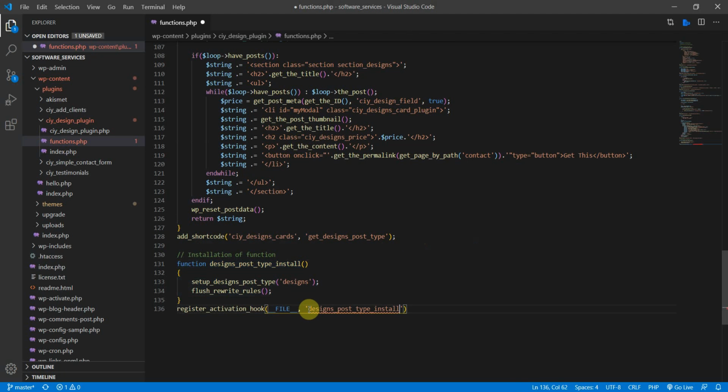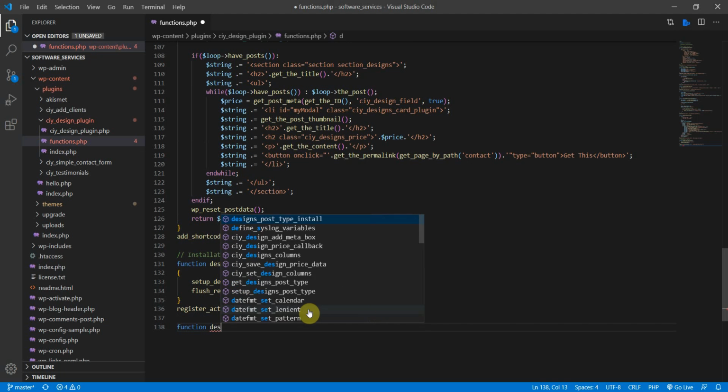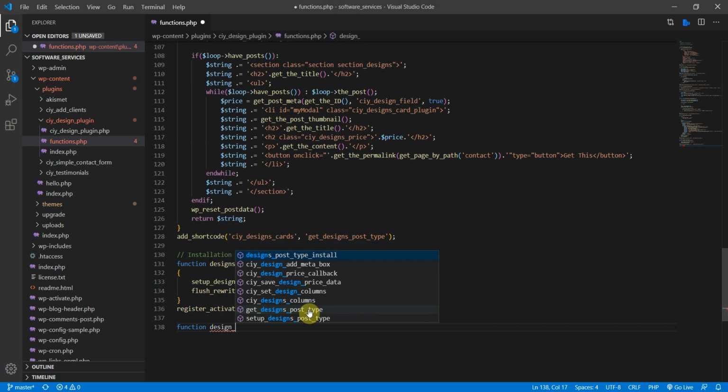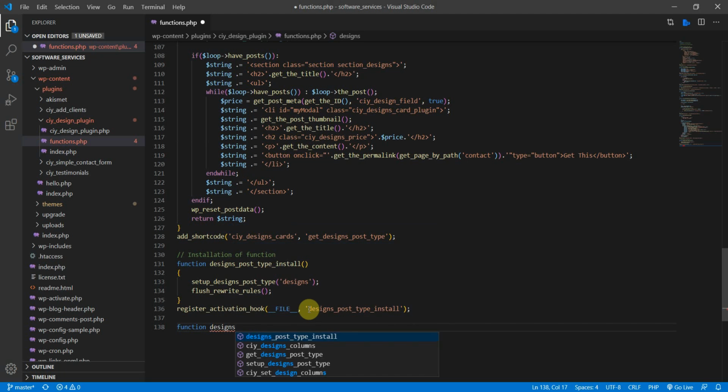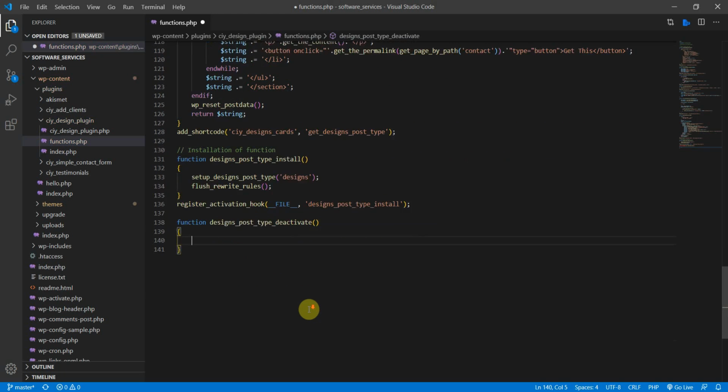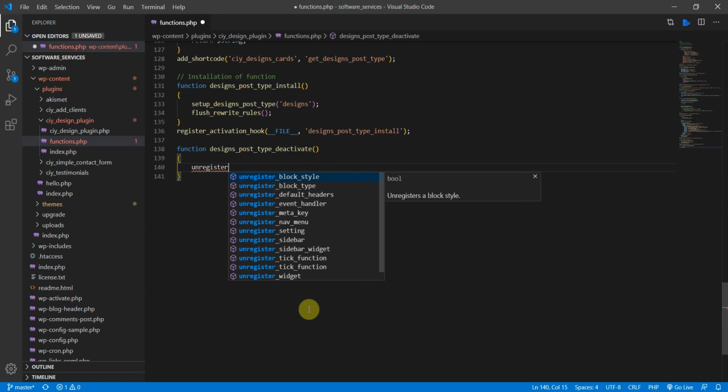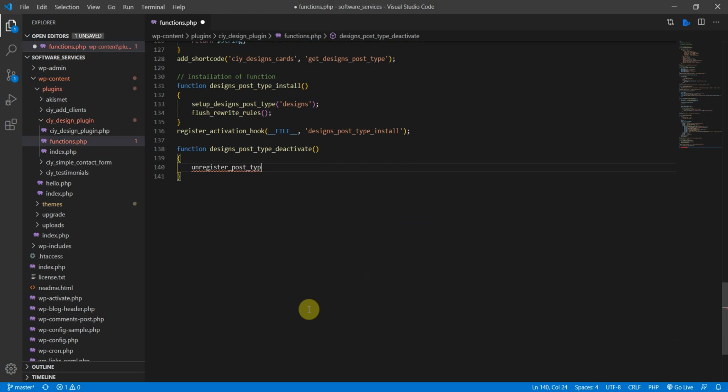So paste it in, and let's do that. Next thing we need to do is deactivate it. So function design_designs_post_type_deactivate, like this. And in here we need to scroll up a little bit. So let's do unregister post type, and then we need to call for designs post type, like this, and then